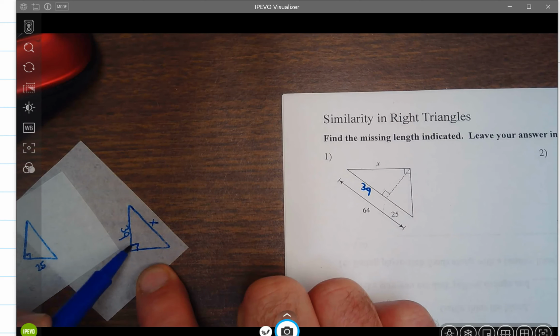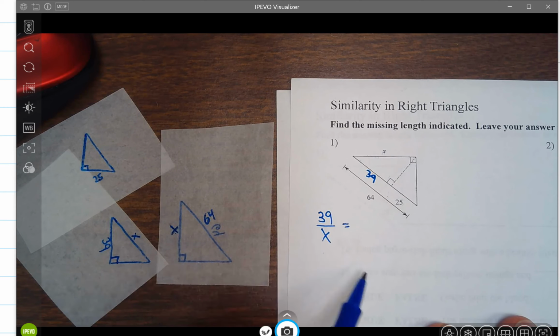And notice that this smaller triangle only has one side length given, whereas in these two we have 39 and X. This one we have X and 64 that are in the same relative position. So when I orient them the same way, it makes it easier to set up my proportion to solve. So I have the vertical piece 39 over the vertical piece X, so vertical over vertical equals hypotenuse over hypotenuse, so that's going to be